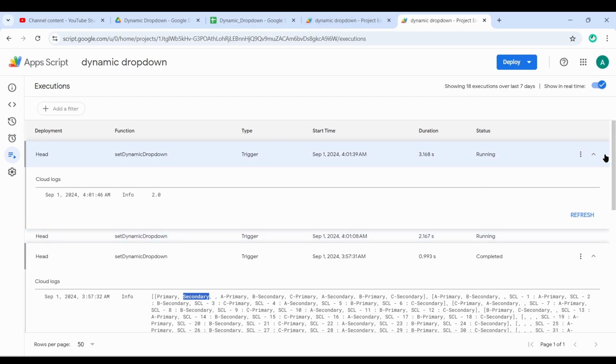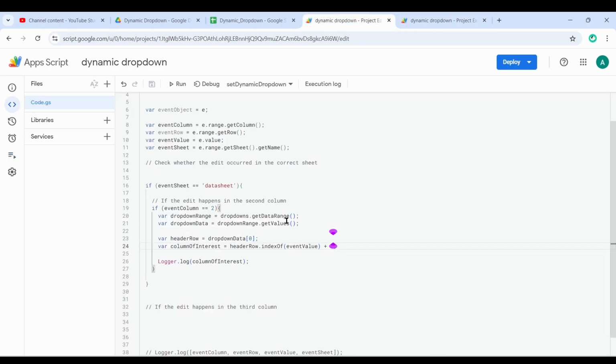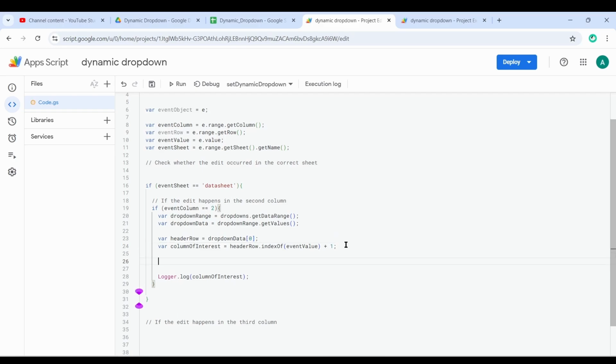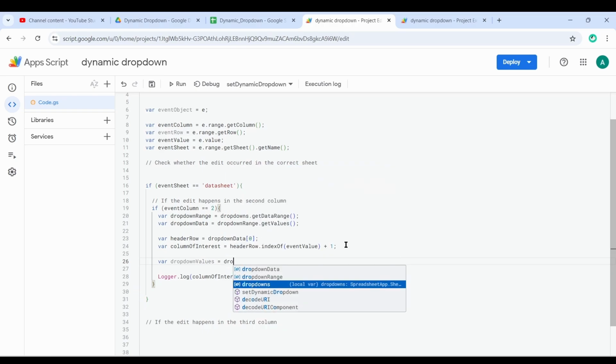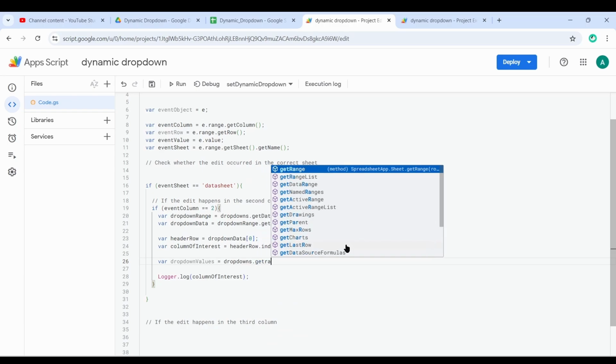Now it is 2. Great. So now we have our column of interest as well. And from that interest, we want our drop down values. So we'll save that in here, drop down values. And my drop down values will be, so in the drop down sheet, I want to get a